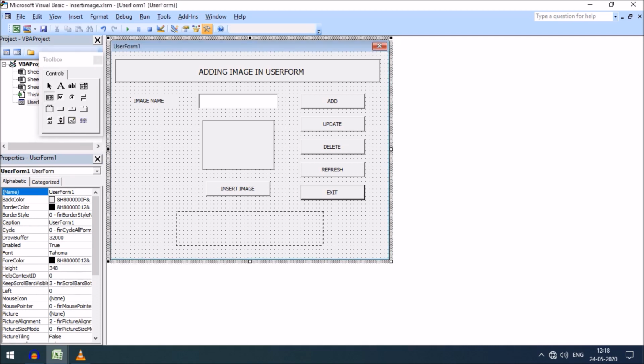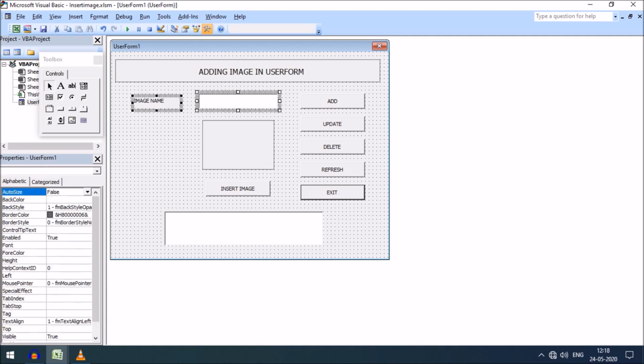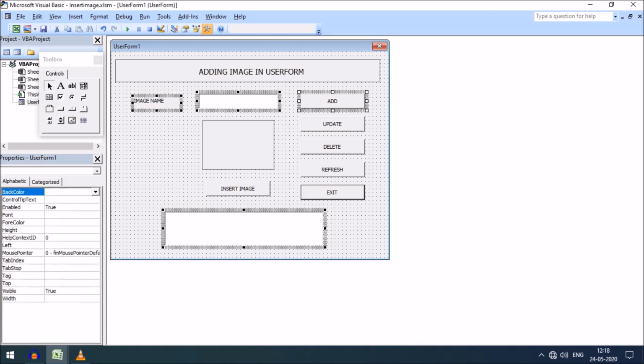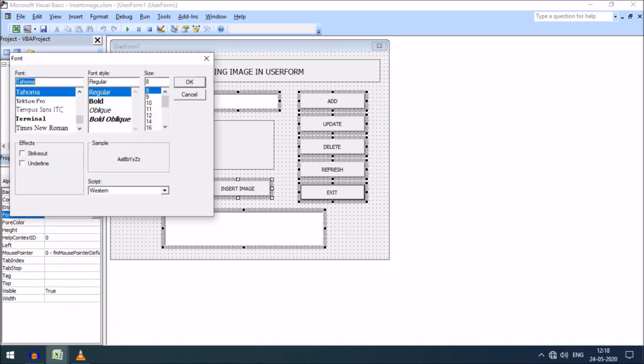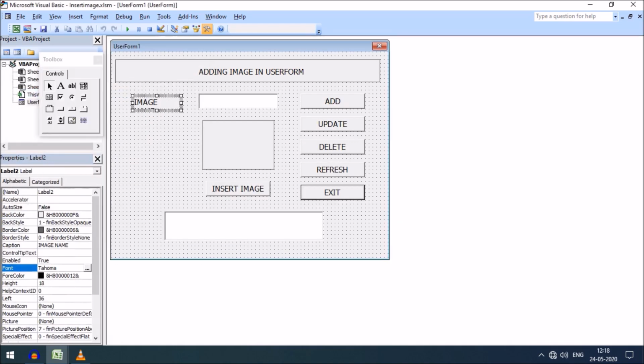Here I have created this list box. I am taking the list box and just enhancing the size of the list box here, and the other controls a little bit so that it can be seen clearly. Can change the font size to 12. So here is our user form. So in this user form